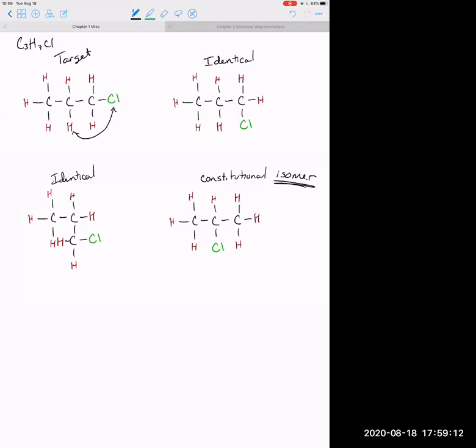Don't worry if you don't know what that is. This is just one type of isomer, meaning that they are molecules that share the same molecular formula. We'll be introduced to more and more of them as we go, and they're going to be even a little bit more complex. But this one, again, when we talk about our constitutional isomer, we're talking about different connectivity. So that's what I would do in terms of how I'm going to draw all the different constitutional isomers. I'm going to start with one that I know is right, and then I'm just going to start swapping positions